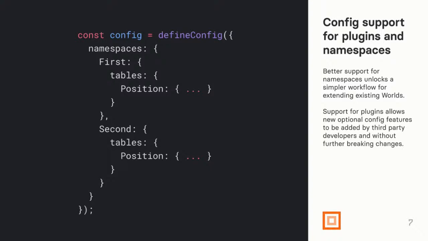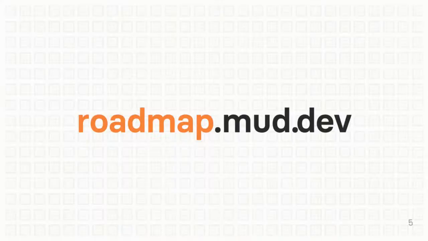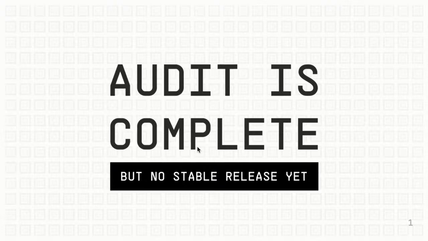There are a few more breaking changes that we want to get in before the stable release, and you can follow along all the details and all our progress on roadmap.mud.dev, which redirects you to a GitHub project. And overall, we're trying to front-load every breaking change that we still have planned to the next couple of weeks, so that we get to the stable release as soon as possible, and once we're there, you can enjoy no more breaking changes. And with that, I'll hand it back to...